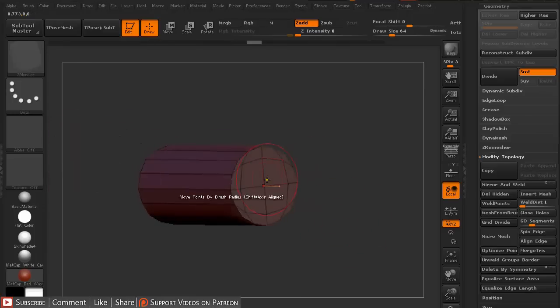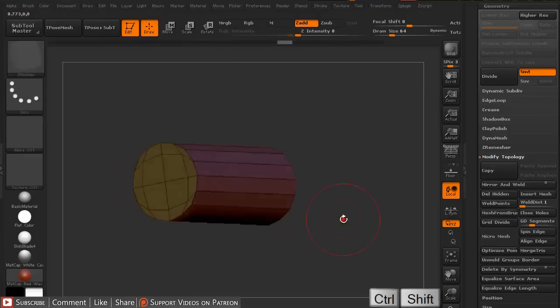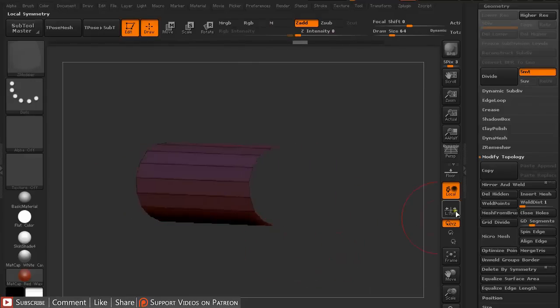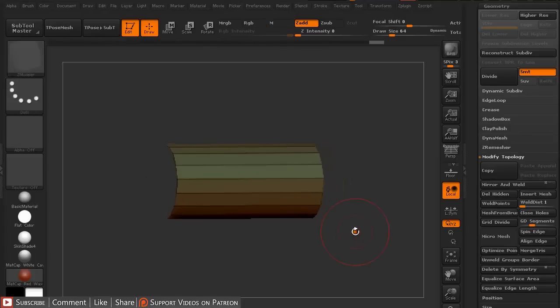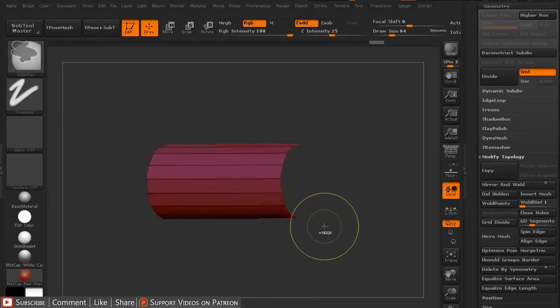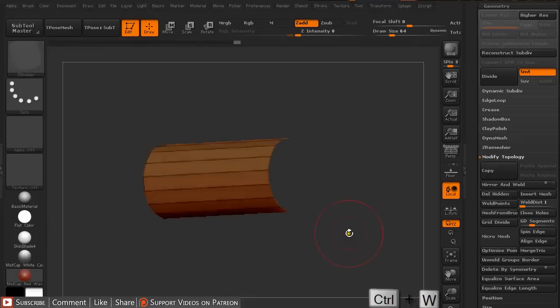So first of all, I'm going to get rid of this because I don't want to see this. So I just Control Shift and click on the areas that I don't want to see, and under geometry I'm going to delete him. Let me just apply a different polygroup color. I just press Control W on the keyboard to apply a different polygroup color to the polygons that are shown,